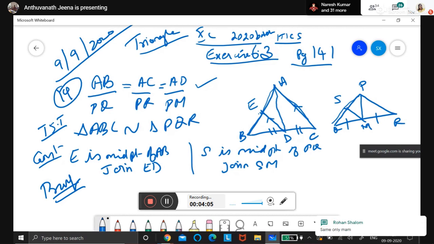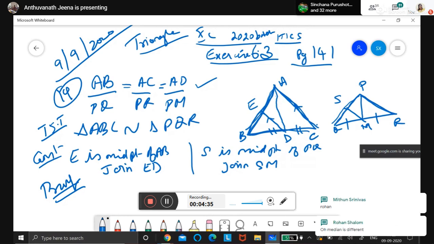The 12th sum is different. Same type but different steps. There it is given this part and this part. Here it is given this part and this part. So I have to prove angle A is equal to angle P here. When you practice two times, three times, then you will understand the difference. Now let me complete this first. Listen, first you listen.